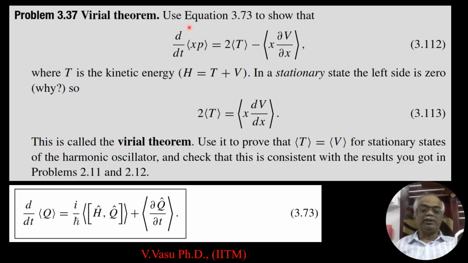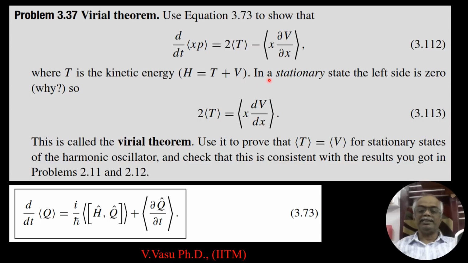The problem is: use equation 3.73 to show that the time derivative of the expectation value of xp is equal to 2 times the expectation value of the kinetic energy minus the expectation value of x dV/dx, where T is the kinetic energy and H is equal to the kinetic energy plus